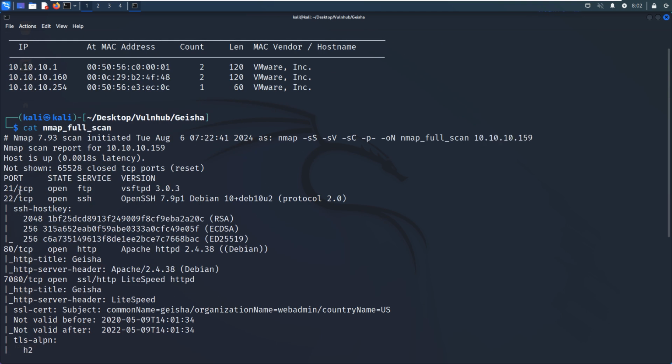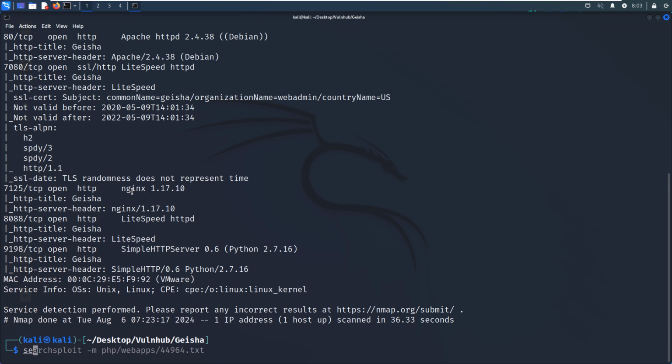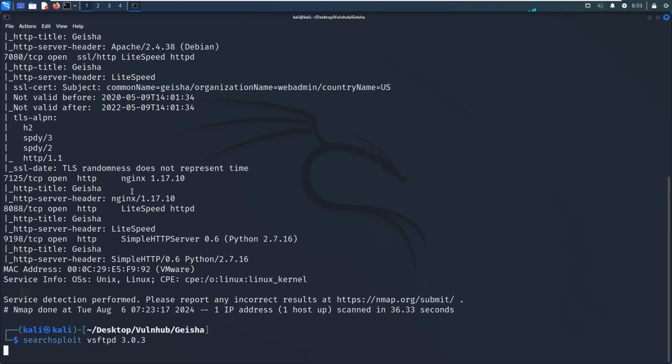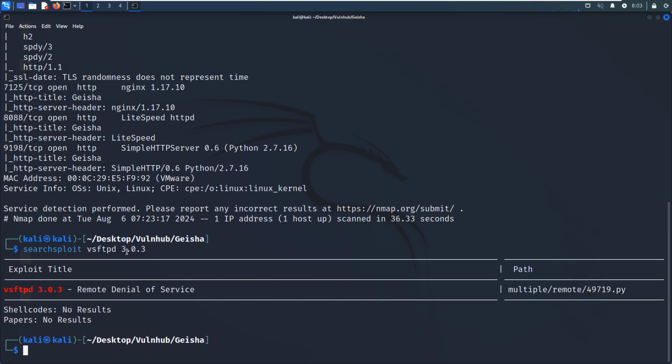As you can see over here, the first open port number is 21, which is running the FTP service, and also the version information. From the default script scanning with the FTP service, we know that the target doesn't allow anonymous login. And if we want, we can use searchsploit to see whether there is any vulnerability for this version of FTP service.